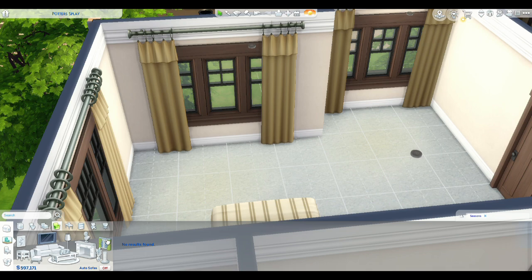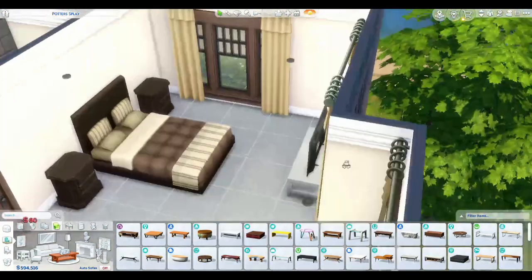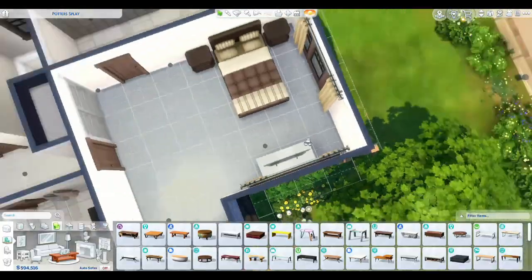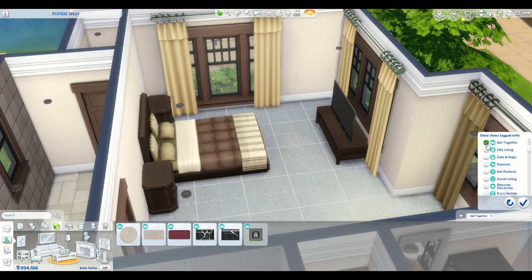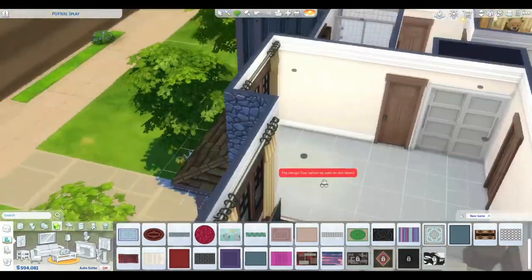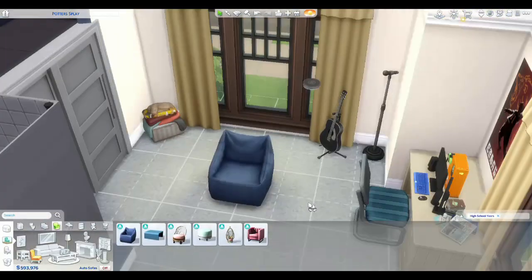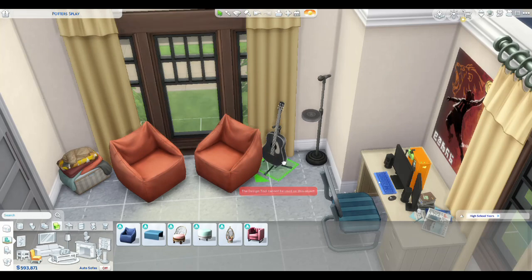And now we are just going into the final area of the house, which is the primary suite. So we're just going to be adding a little bed and going to be adding a TV. And it's just a very simple room for being such a large room. I probably could have made this a 4 bedroom house. It's just that 2 of the bedrooms would have been really, really tiny, and I feel like having large rooms